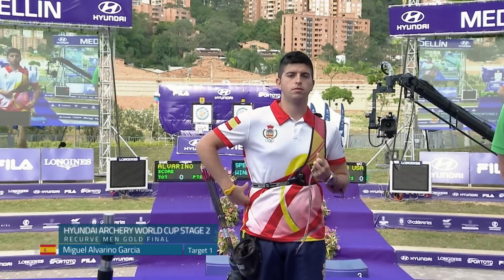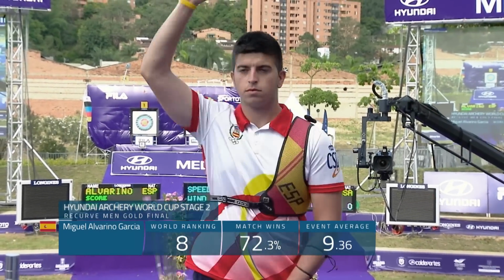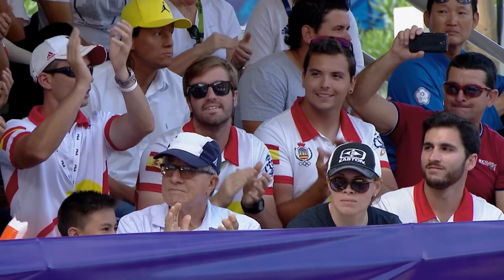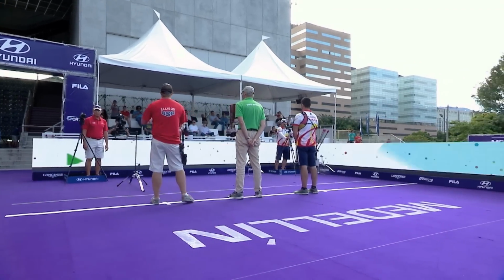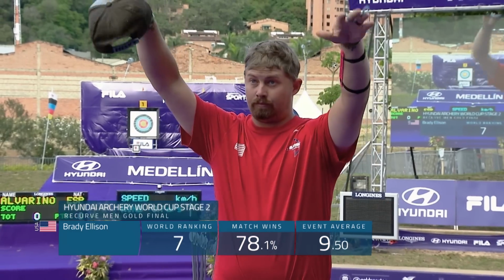Miguel Alvarinho had a bit of an advantage going into the men's gold medal match. He'd been on the shooting line already and had a feel for the lay of the land and how the wind might be blowing. But this would be Brady Ellison's first time shooting in this venue, which varied quite a bit from the practice range. Still, he'd already gotten past some major hurdles, and during his decorated career, there isn't much the American had not